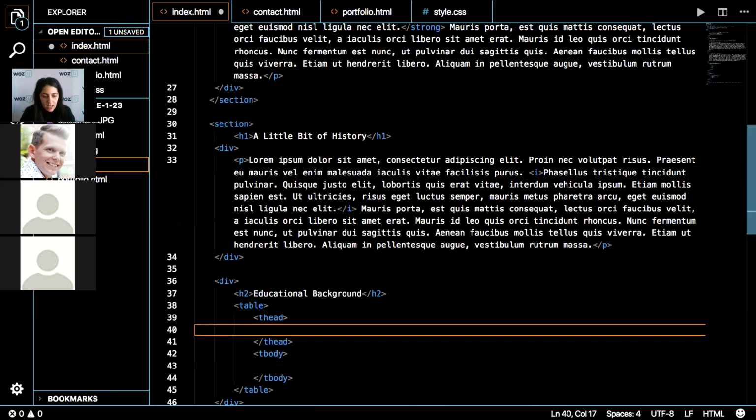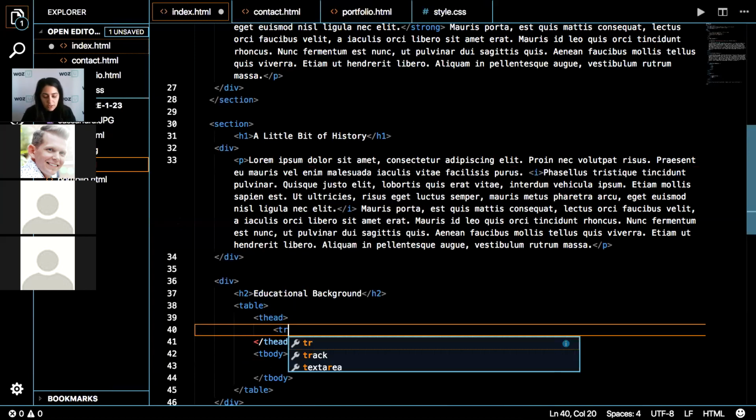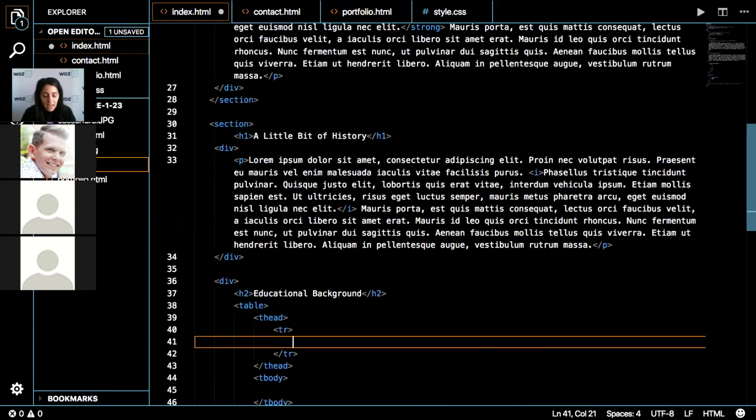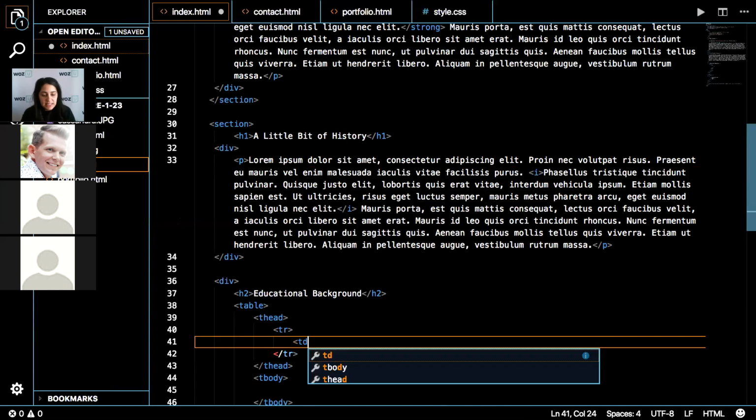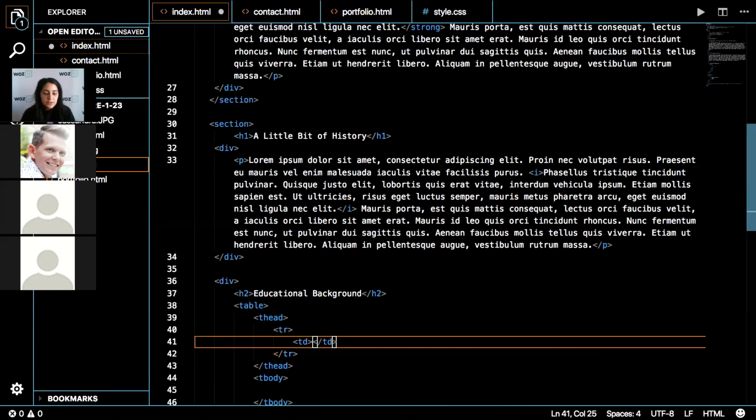So in the head, I'm going to first make a row. The way that we make a new row is a TR element. And then what makes our columns, where we put our data, is going to be TD. So the number of TDs inside of the TR tells us how many columns are in that row.